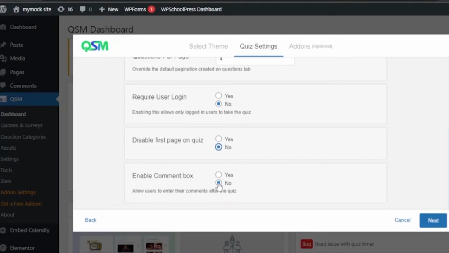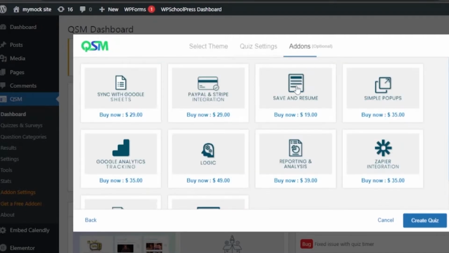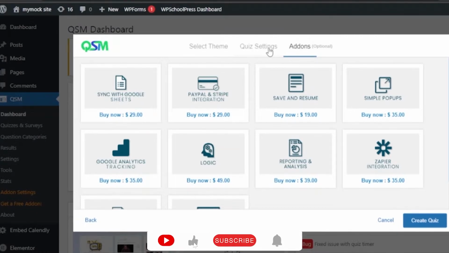Then enable comment box, allow users to enter their comments after the quiz. If you want to gather comments after the quiz, or not, you can just click on this option right here. Then there are some add-ons. If you want to add some add-ons to your quiz, you can just click and buy them, but you have to buy these add-ons. I'm just going to go with next because I don't want to buy anything, and then